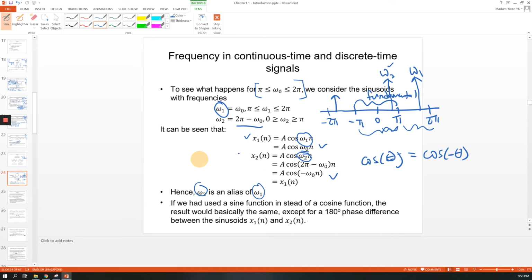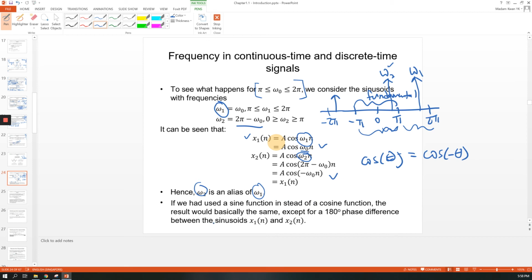Not too much worry about the term, whether this is the alias of this or this is the alias of this. In fact, you can freely say either one is the alias. It's understandable, it means that they are identical when put into the discrete-time sinusoid. So no worries. If we had used a sine function instead of cosine,